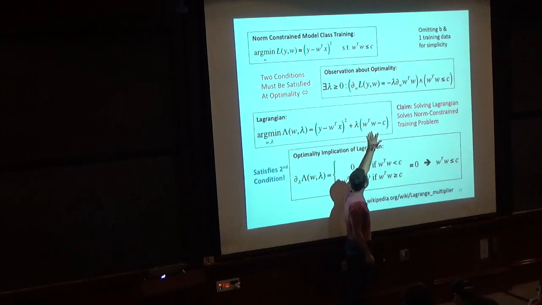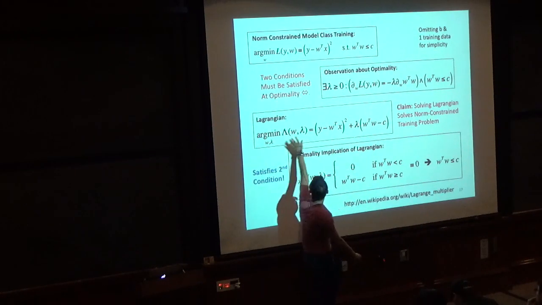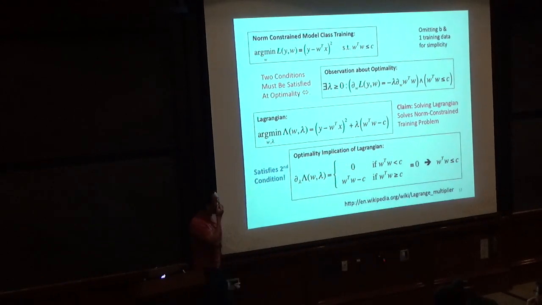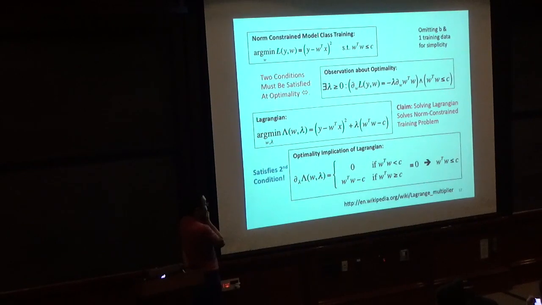Okay. So this guy, if W transpose W is less than C, then this is negative. And since we're minimizing this, we want lambda to be large, to get bigger. And that implies